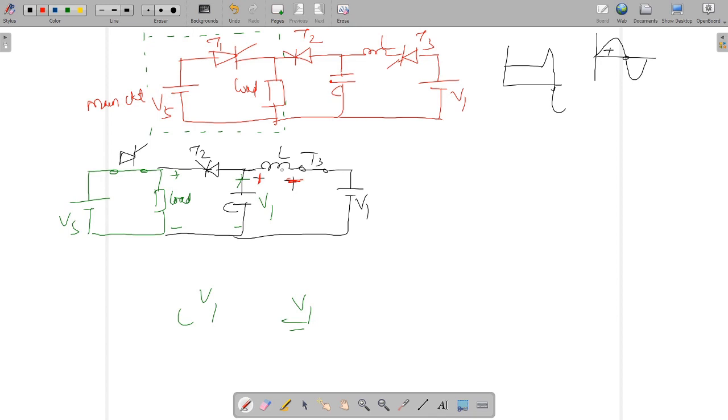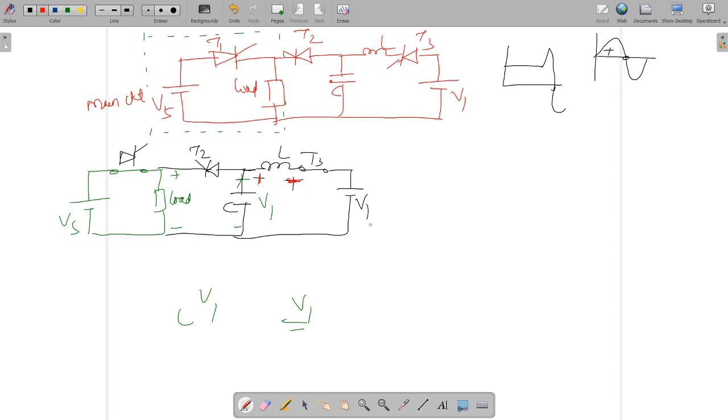The inductor cannot support a sudden decrease or sudden rise in the current. It will always oppose that. So for that, the inductor has reversed its polarity. So now you are getting plus here and negative here. Now the inductor will supply all its energy to the capacitor, and the capacitor voltage will again build up, and it will charge to twice V1,